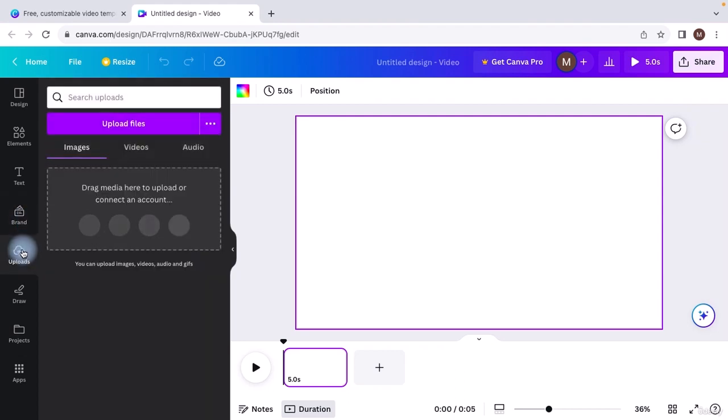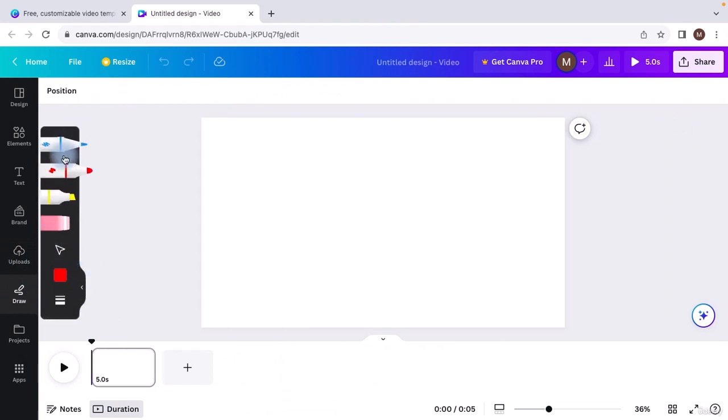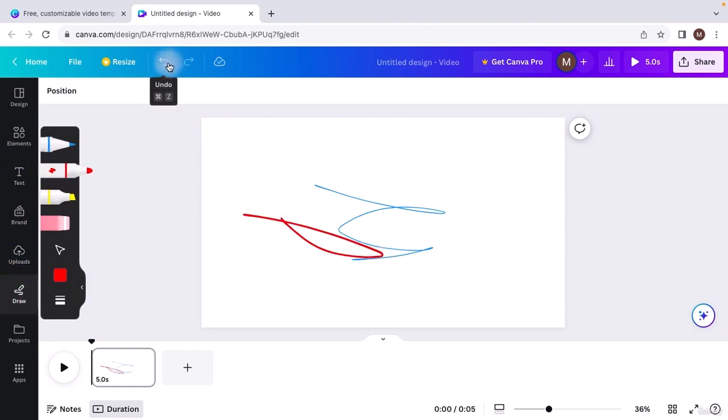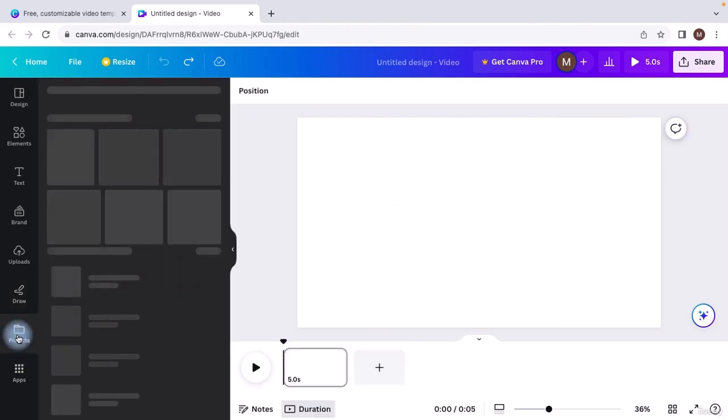You have an option for upload, so you can upload videos, audios, images, and you can drag media here to upload, or you can connect your Instagram account and stuff like that, or you can upload your files using the purple button over here. And then you have an option for drawing, and you have different pens over here, so you can draw on the canvas like this if you want to, and you can undo this by clicking on the back arrow, and you can redo this by clicking on the front facing curved arrow. That is what you can do. So I'm going to undo these things, and you can take a look at your projects,